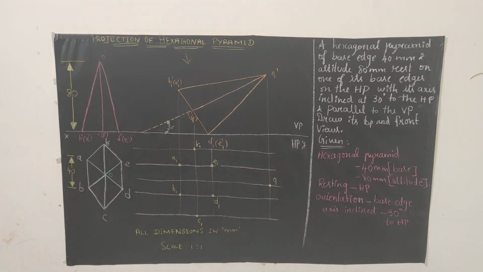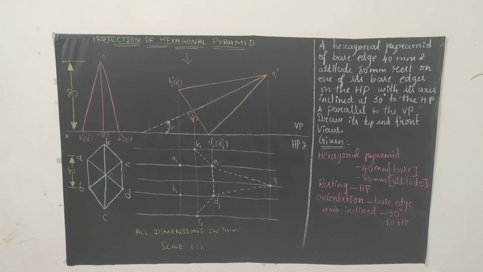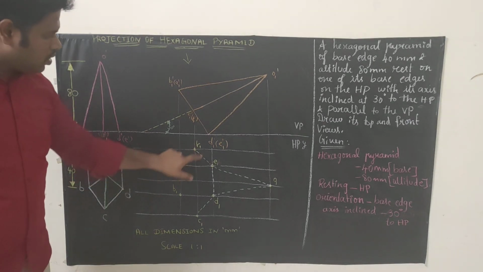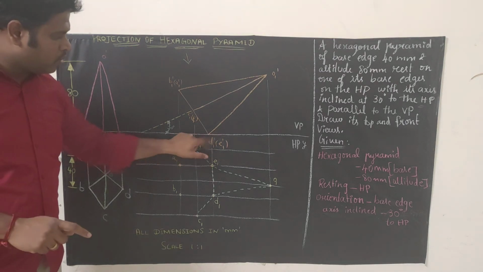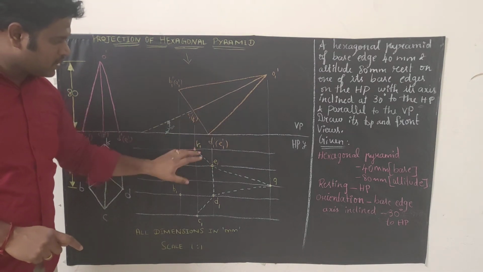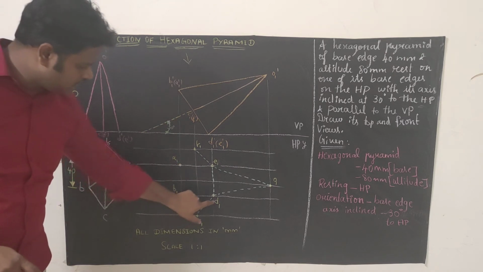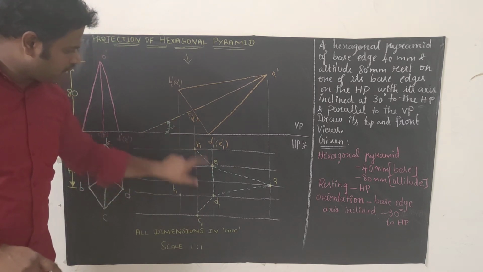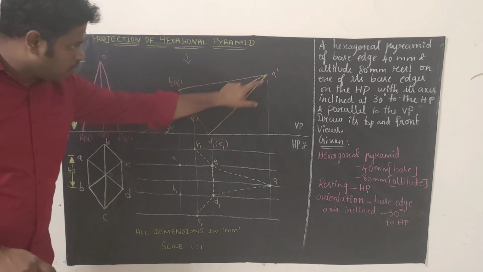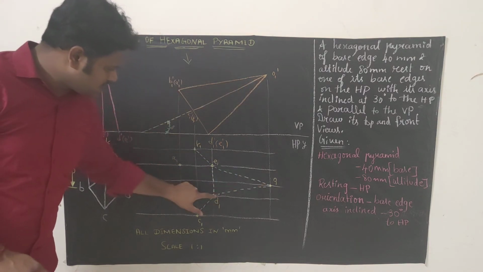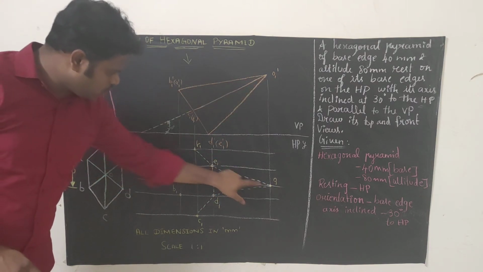So identify which point is lying on the reference line. Whatever points are connecting to it, we can mark as hidden. Once again I will explain the hidden points. See, D and E should be identified. All points connecting to D and E, we can mark as hidden. So D to C is hidden, E to F is hidden, O to D is hidden, O to E is hidden.